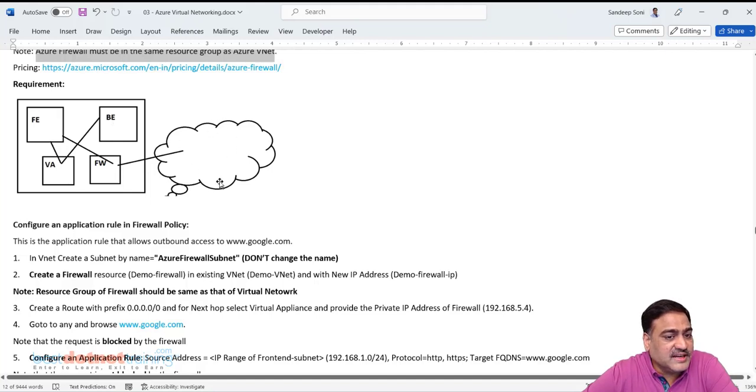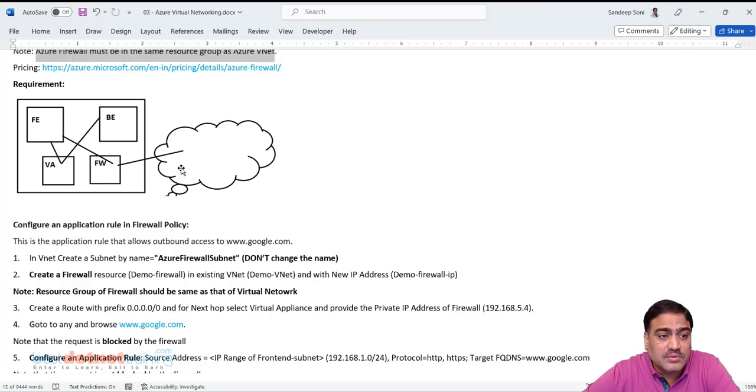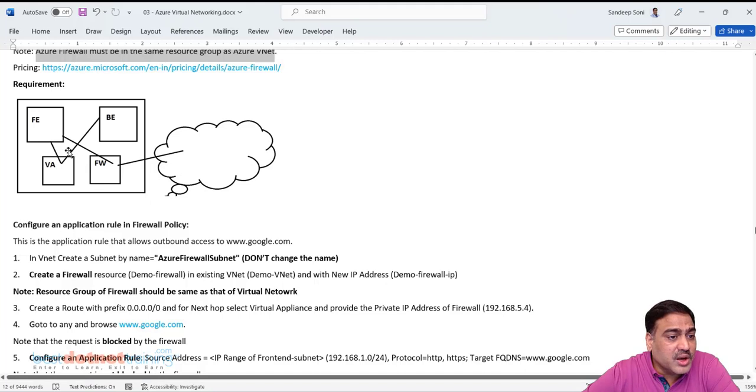Now let's think this is internet. I want to now let all the traffic of the front end go via firewall to internet. So definitely first I should create a firewall, and the IP address which I am going to get for the firewall, I'll use it for the outbound rule, which I'm going to create in the route table for destination address 0.0.0.0/0.